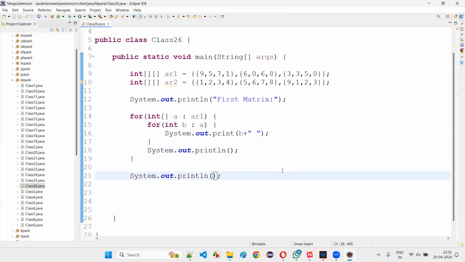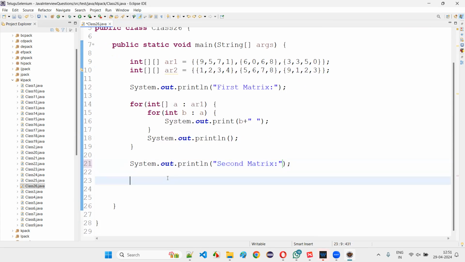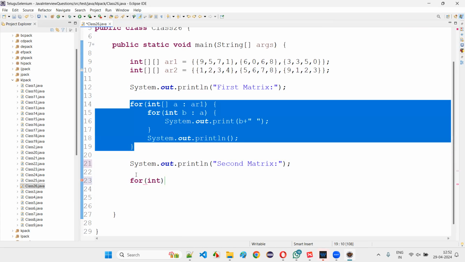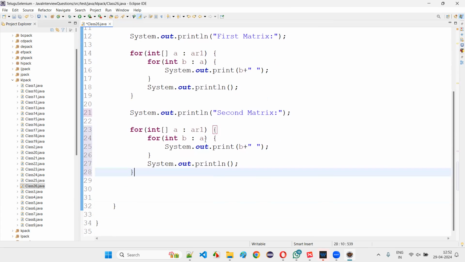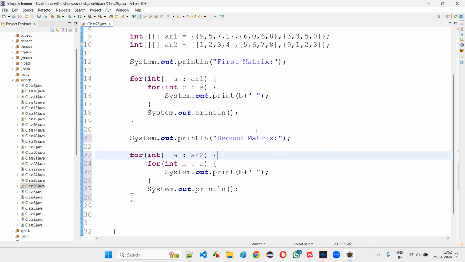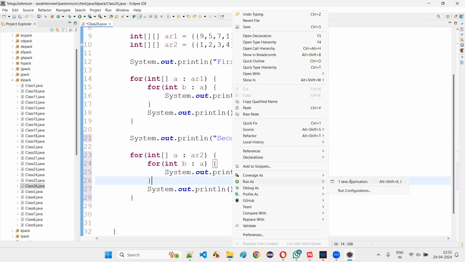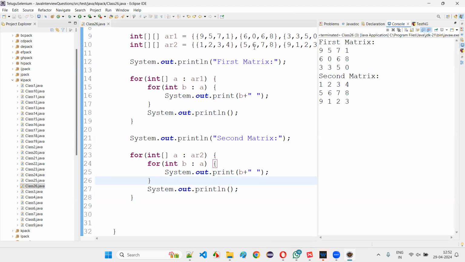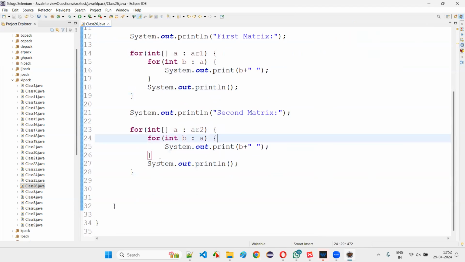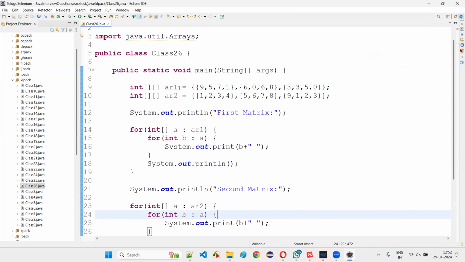Then the second matrix. Same logic I have to write. You can also improvise this code later, guys; I'll tell you how. Again the same logic, you copy paste here. Instead of ar1, you take ar2. That is the only difference, no need to change anything else. You'll get the second matrix now. First matrix will be printed, second matrix will be printed. After adding these two matrices, I'll print the